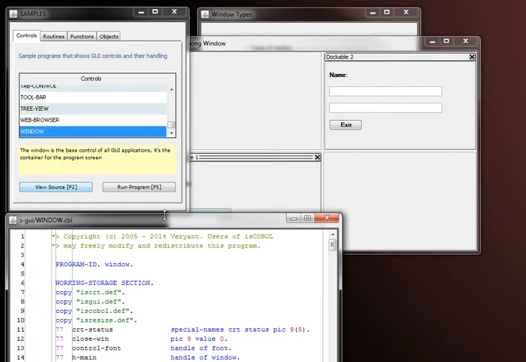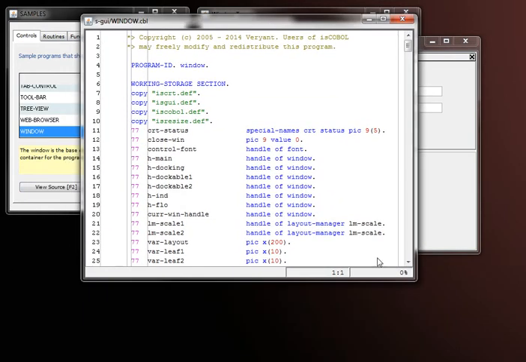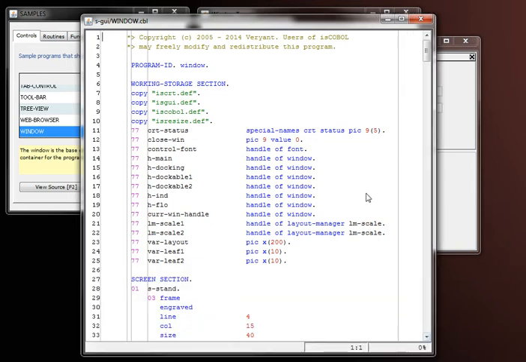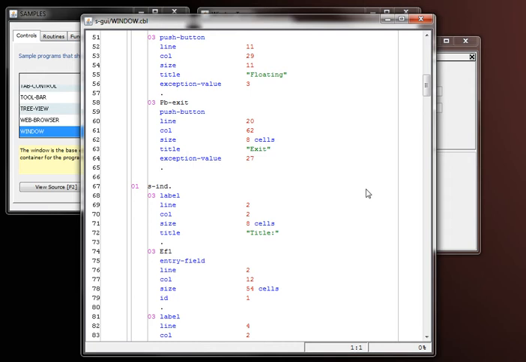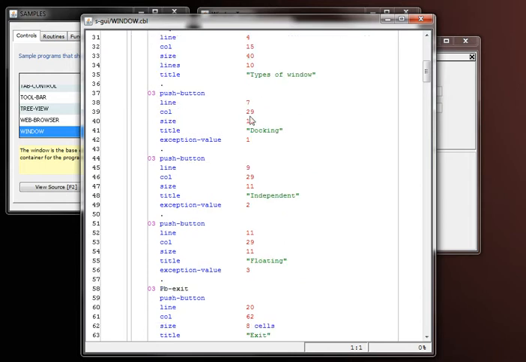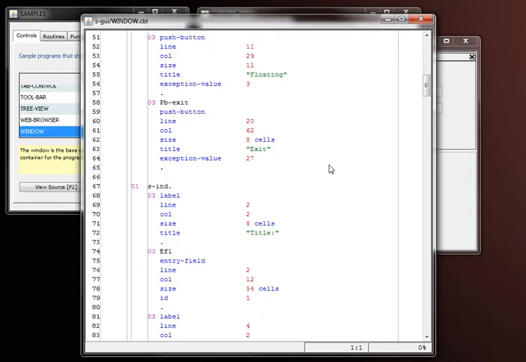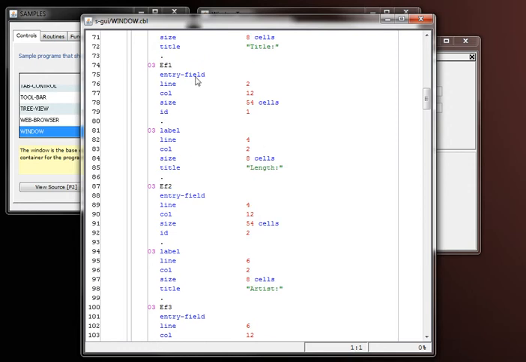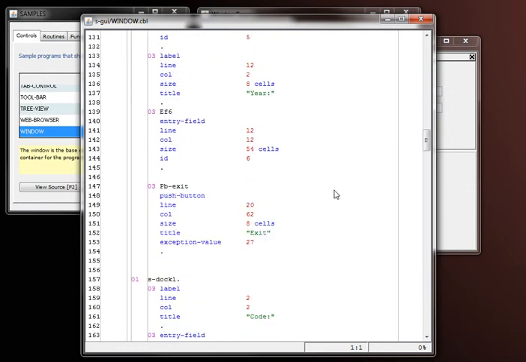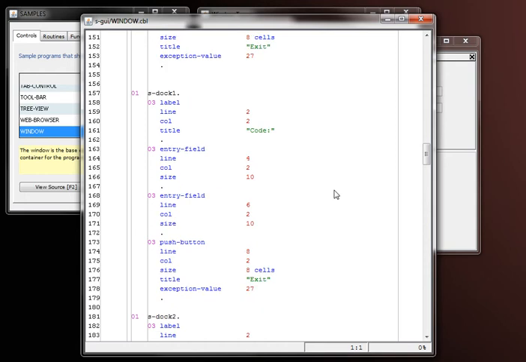View source here. Let me reposition and resize this code viewer. Now you can see in the screen section we are creating different screens for this sample. The main screen that is going in the main window to show the types of windows, the menu of types of windows. Then the independent screen for the independent window, and later a couple of dockable screens to be displayed